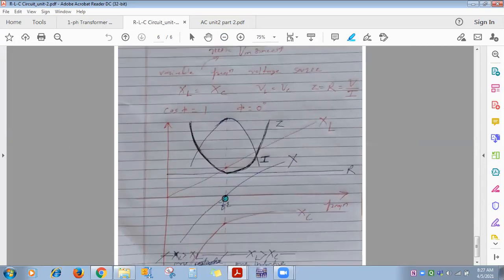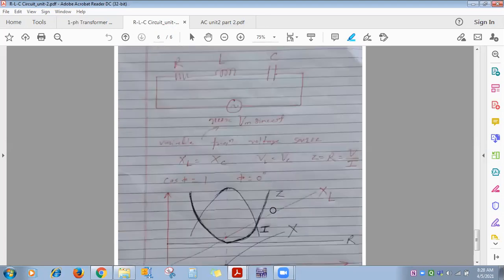Okay. So suppose I am considering this one is the resonant frequency. At this frequency, what you have to denote is that the magnitudes of XL and XC are the same. You can see here this is the magnitude of XL at resonant frequency, and this is the magnitude of XC at resonant frequency FR. So both are equal. So X also you can plot. Once you get XL and XC, X is what? XL minus XC.